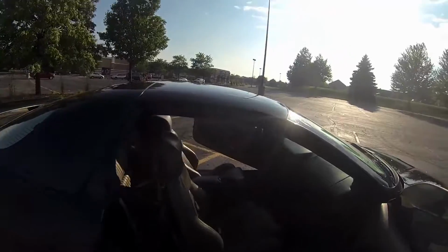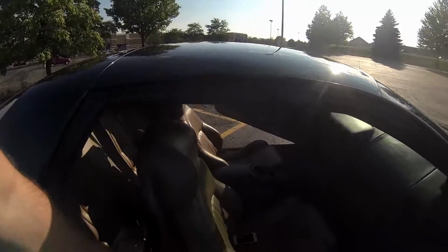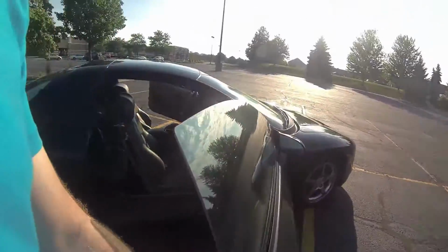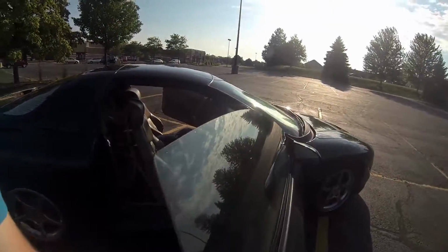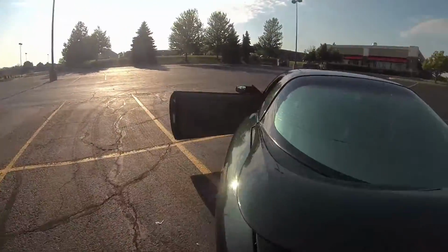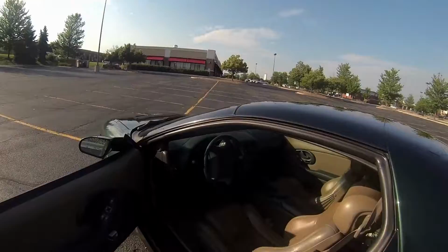But the seats are very comfortable. You can fit an adult in the back. It does take a little bit of work, but you can get 2 adults back there. I will say for the cockpit side, if we go over here to the driver's side,